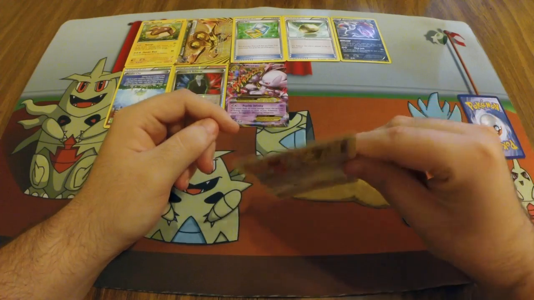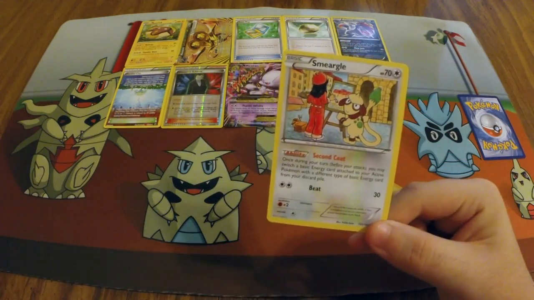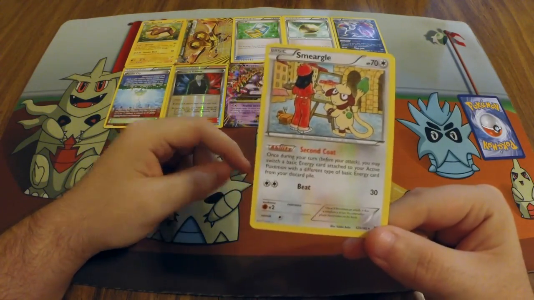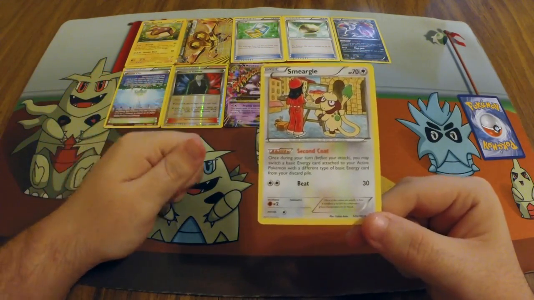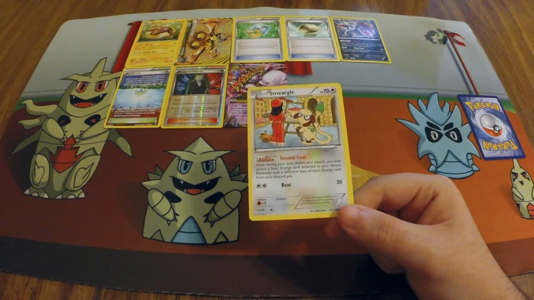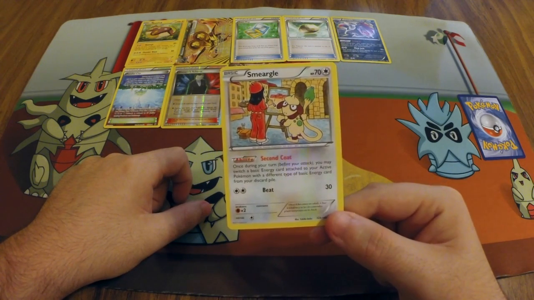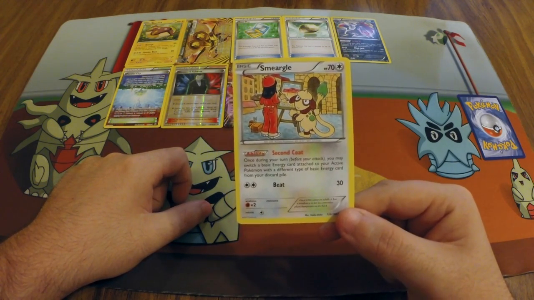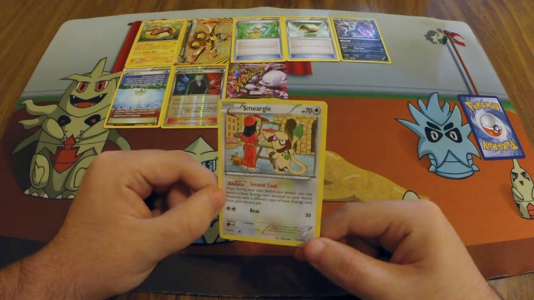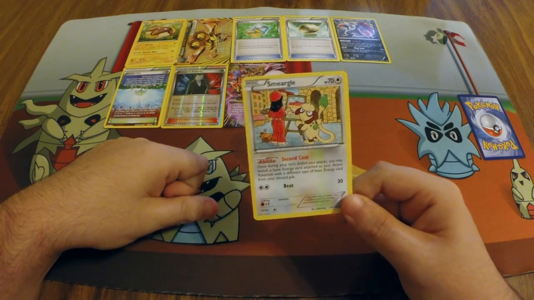So on our number 2 spot, we have Smeargle, Second Coat. This card single-handedly changed the game, in my opinion. You can run Lightning with Grass now. You can run Fire with Fairy, because he says, once during your turn, before your attack, you may switch a basic energy card attached to your active Pokemon with a different type of basic energy card from your discard pile. So Smeargle says, what's that? You want to tech a...